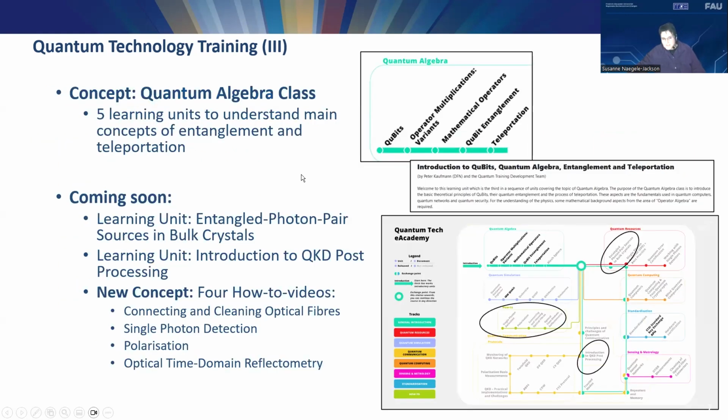A new concept in the Quantum Tech eAcademy is the concept of a class. So far, this is the only track that has that. A class is something that consists of several learning units that belong together. In our case, we have the quantum algebra class, and it explains the basic concepts that you need to know